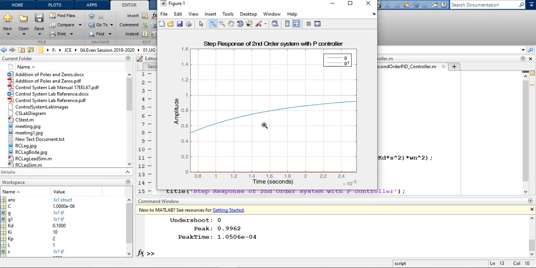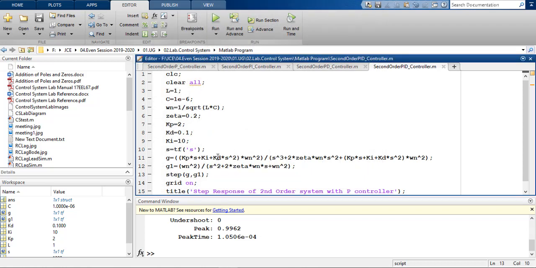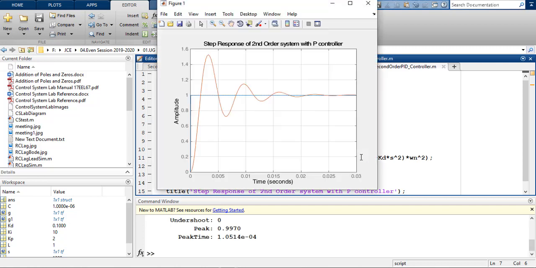Okay, so you can see there is a gradual rise using the PID controller. So similarly, if you want to change the value of the different KP and KI, if you want to increase the value of KP to, let's say, 10, you can see what is the change compared to the transfer function without any controller.